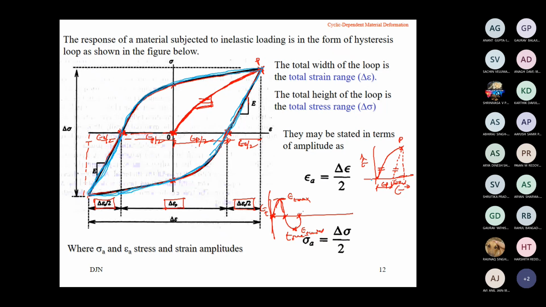When you load the component from zero, in the first cycle, you have loaded from zero till point P, unload it to some distance, okay. Then after that, start compressing. Some permanent set is there, some plastic deformation is there. First you have to overcome that. At that time, when you overcome that earlier plastic deformation to get the original previous shape and size, some amount of stress will develop in the component. Then you continue applying the load till you find the yielding in the other direction.